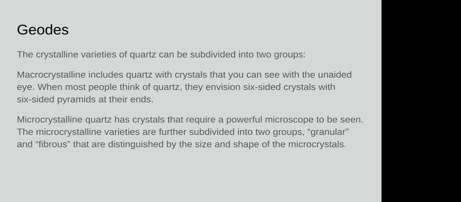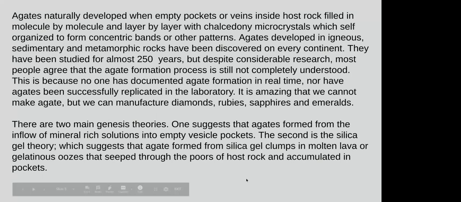Long fibrous crystals is all they're talking about here. So you've got one that looks like BBs, and the other one looks, if you broke a pencil, let's say, into a bunch of small pieces, all those little lengths of pencils would be a microcrystal, would be the fibrous type. Agates naturally developed when the empty pockets or veins inside of a host rock filled in molecule by molecule